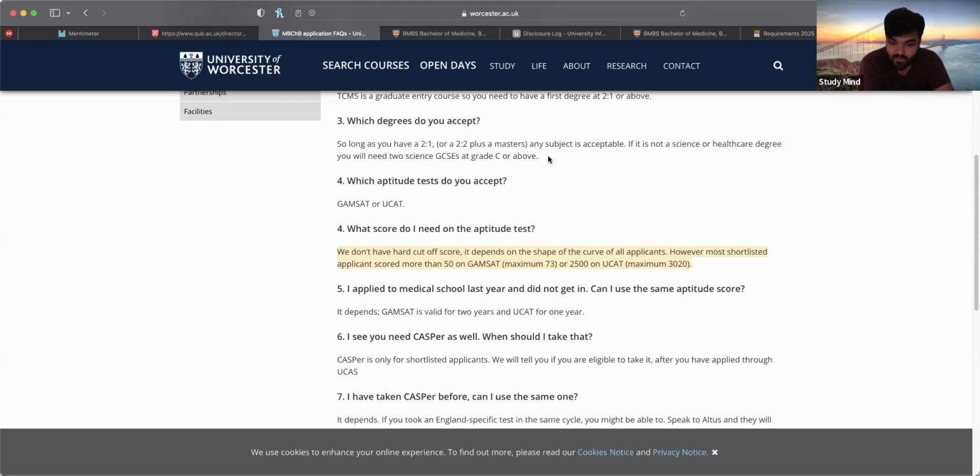If you do a master's, some universities will be fine with you getting a 2-2 rather than a 2-1. So if you find yourself in that position, you could do a master's. There are universities you can apply to with that. Although, if you are an undergrad right now and you're in school and you're thinking about potentially graduate entry for whatever reason, if you have good grades, you've got all 8s and 9s, or very high grades, and then you get a poor UCAT score, but you meet the minimum requirements for quite a few universities for GCSEs and A levels,